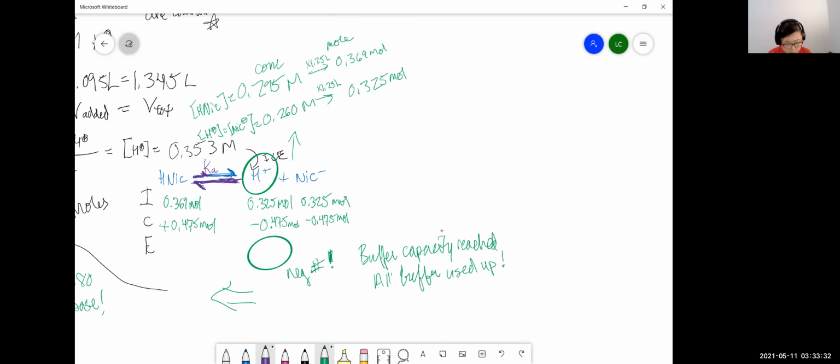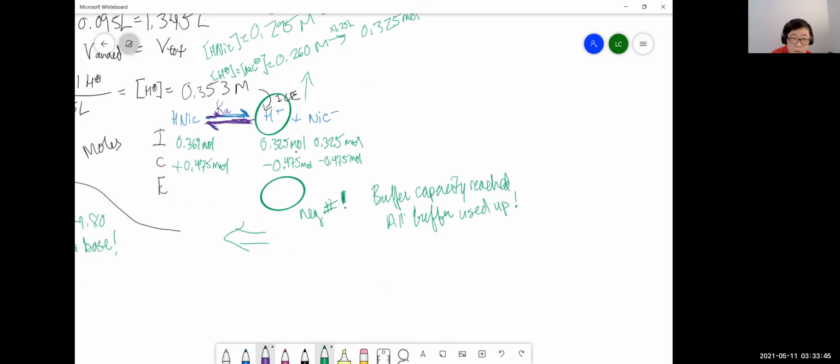And so this is similar to where it would tie into titrations. Because you got something negative here, all we need to do is figure out how much was left over. And so we can figure out how much leftover we had. So we do 0.325 minus 0.475, and we'll get like